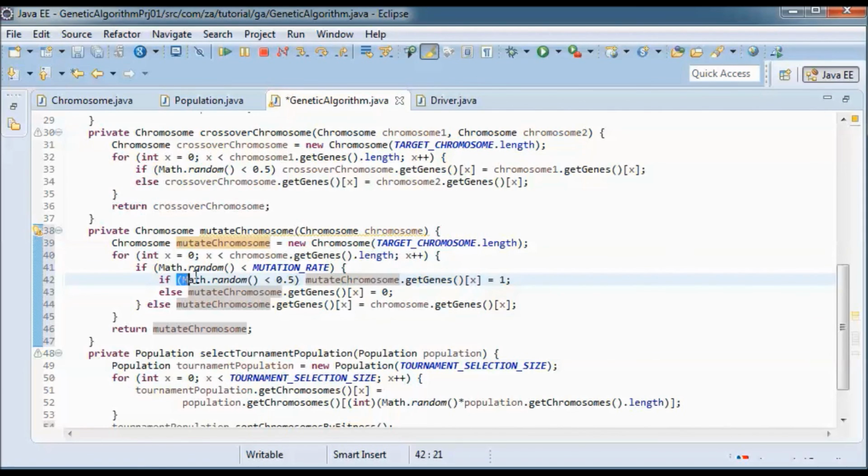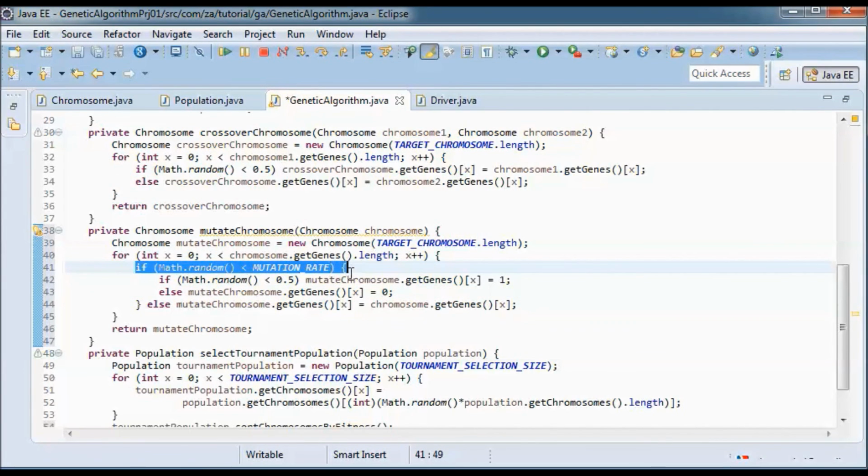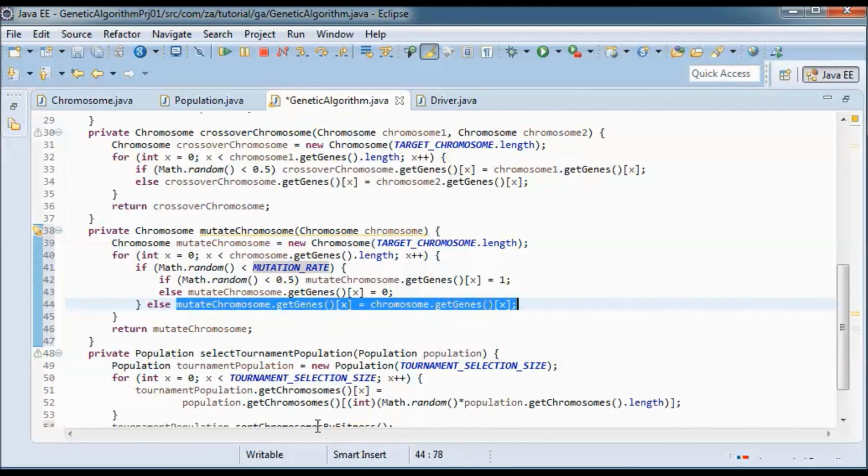So if Math.random is smaller than 0.5, then we'll assign 1, otherwise we'll assign 0. And if the Math.random that we obtained is not smaller than mutation rate, then we keep the gene the same in the chromosome.